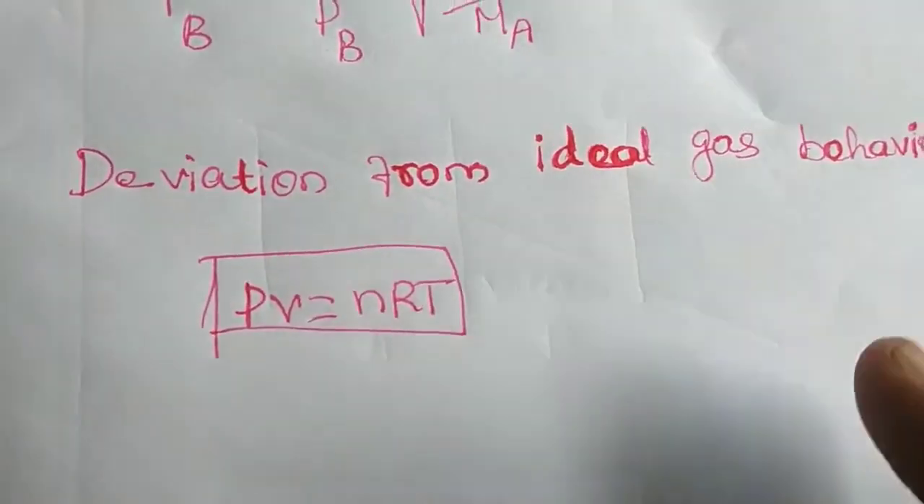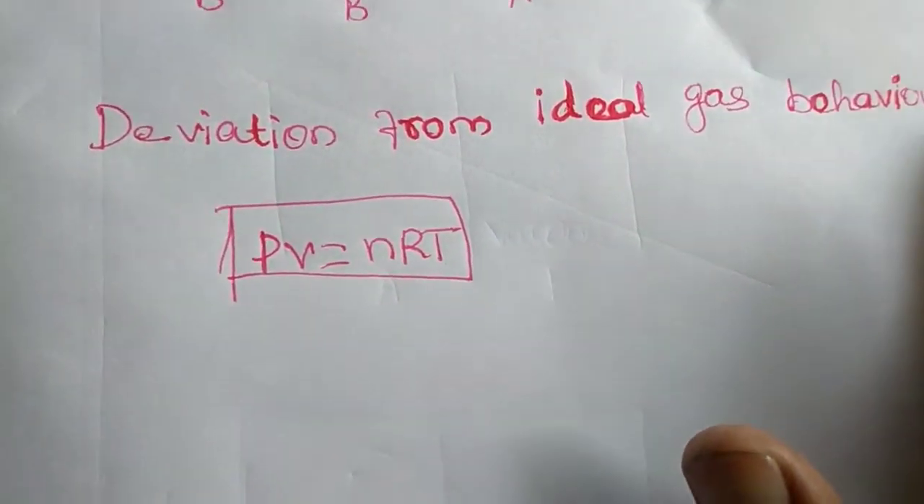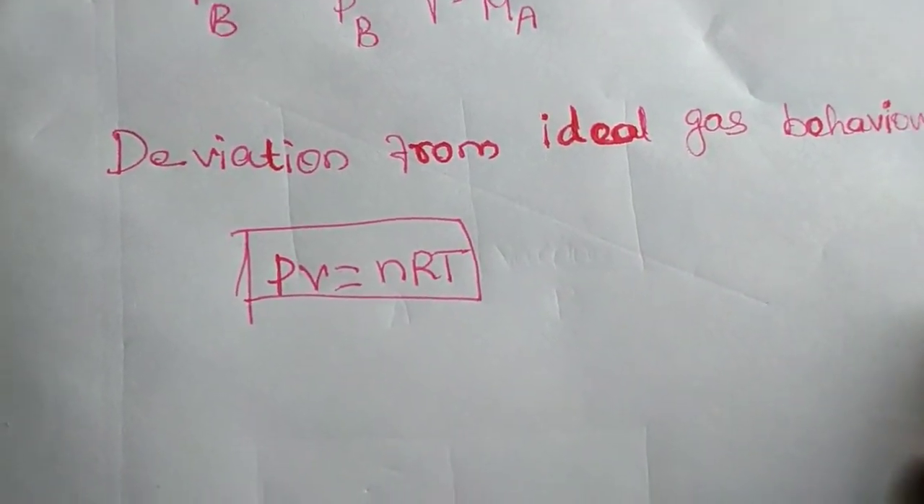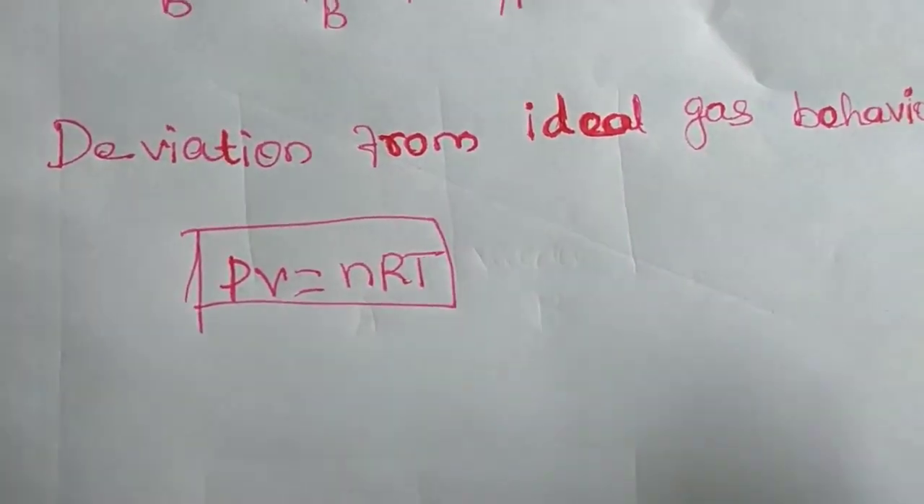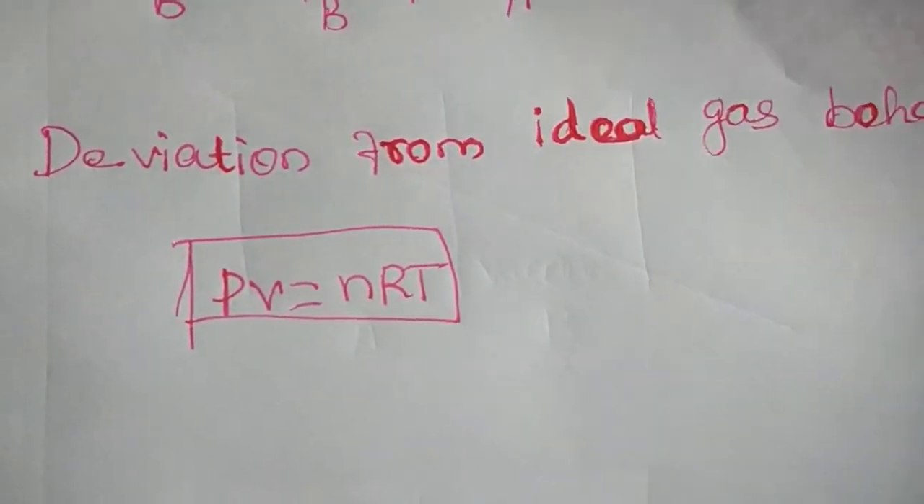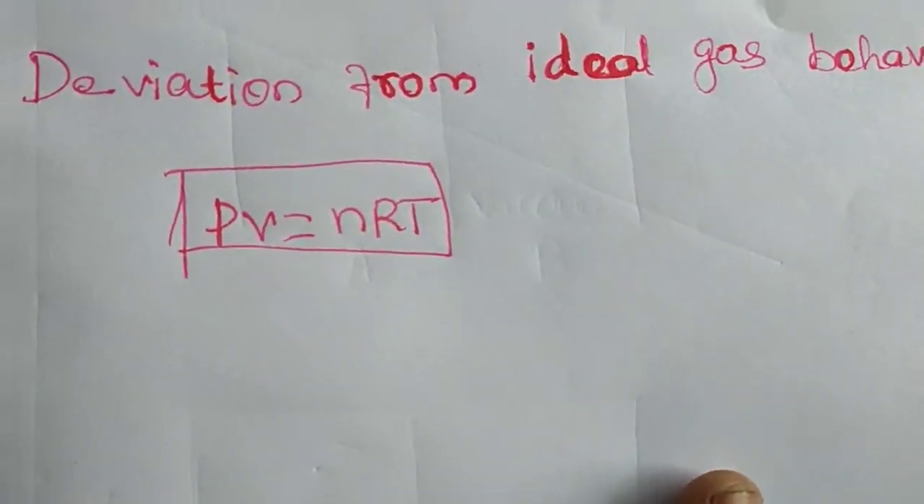Okay, now to understand ideal gas behavior, and how real gases undergo ideal gas behavior. Real gases means the gases that exist in our atmosphere. Okay, so what is the condition for ideal gas behavior? First condition,